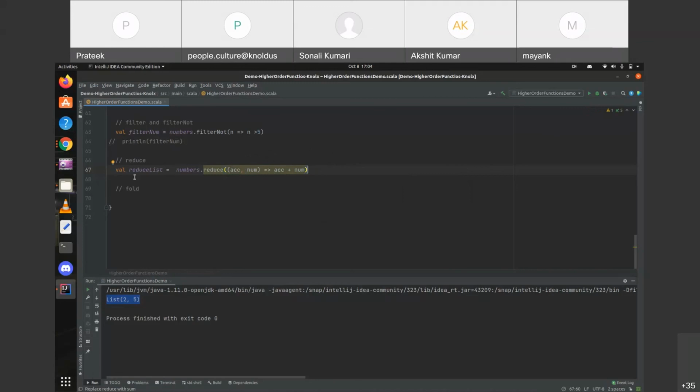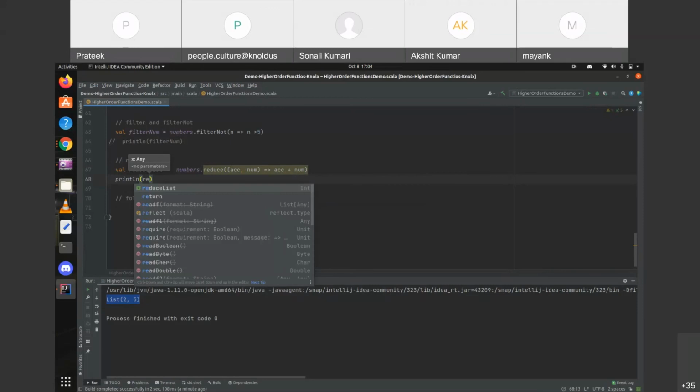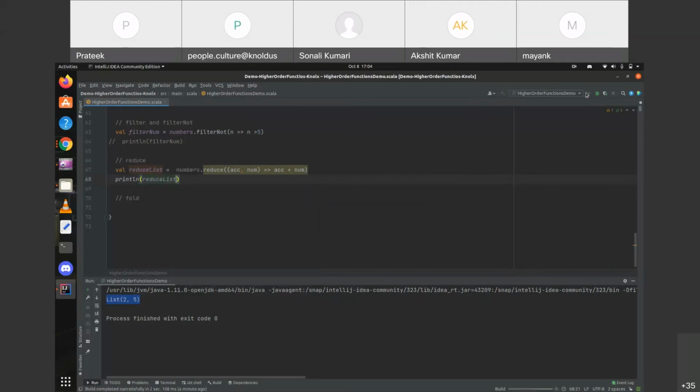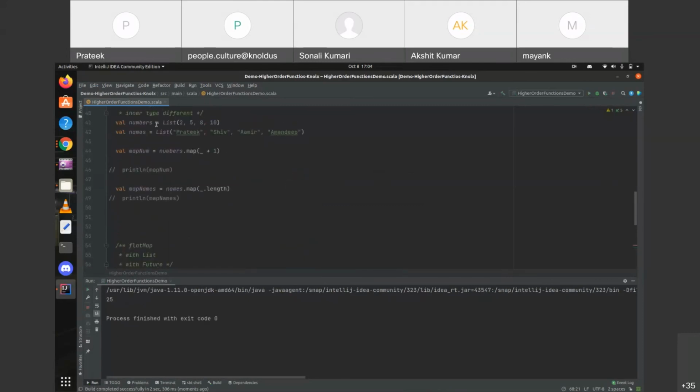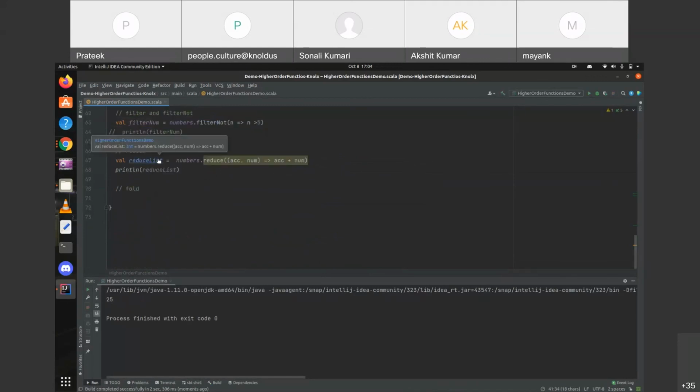So if we print the output here, we are simply taking every element and adding it with the next one. So println reduce list. See, the addition of all these elements is 25. That's why we are getting this. We can see that it's returning us just an int, and it's a list of int.